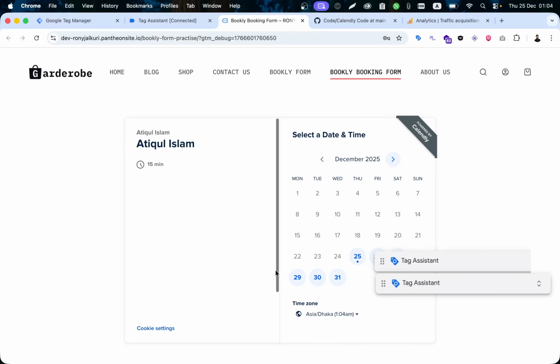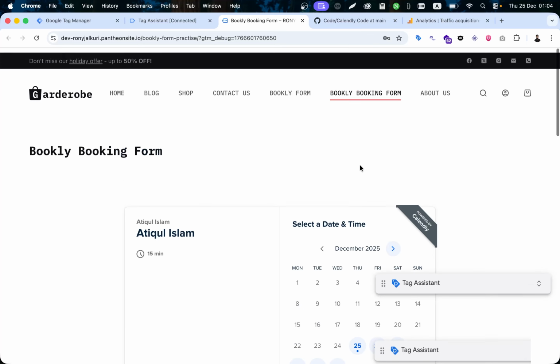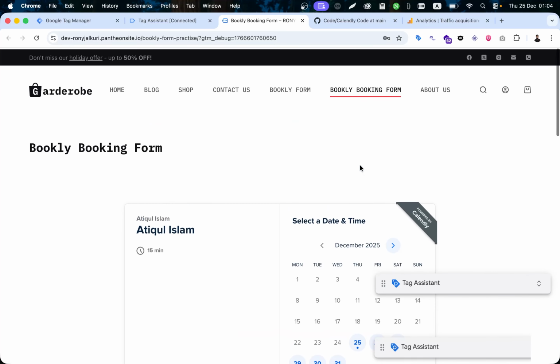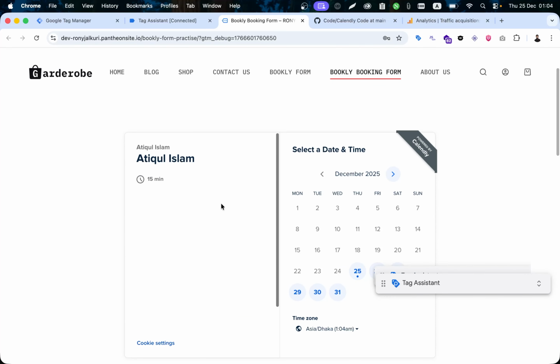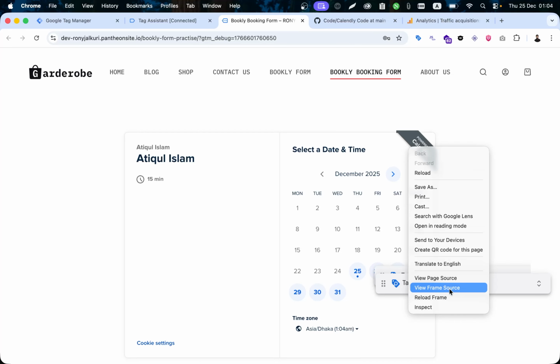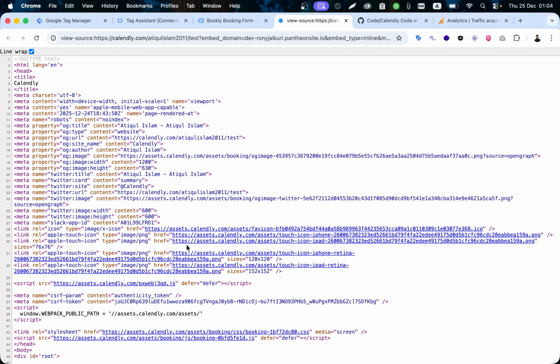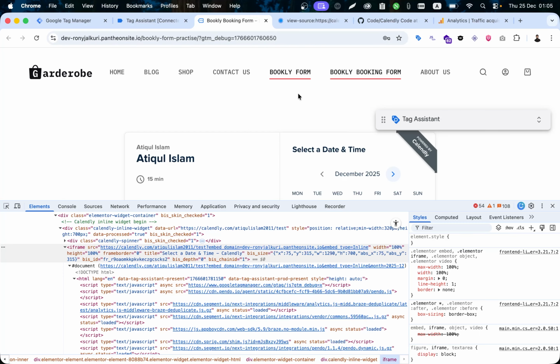Hi everyone, I will show you how to track a Calendly iframe form using Google Tag Manager. It is embedded in my website, and you can see this is an iframe form. If you click right here, you can see view frame source. That means it is an iframe. Because it is an iframe form,